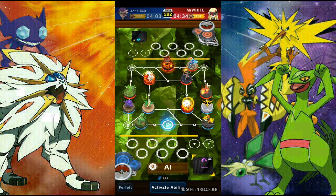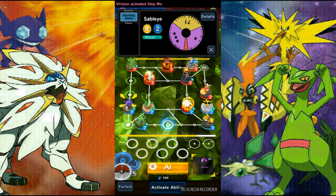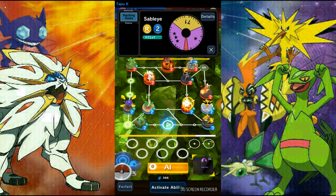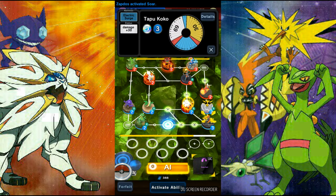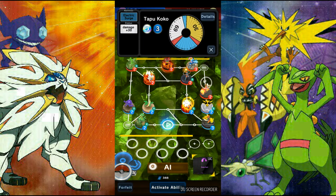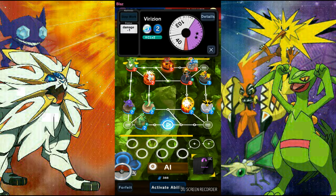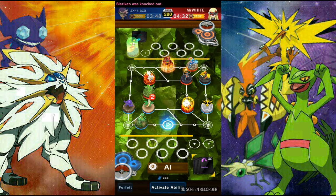This is kind of a stalemate, I'm not really sure what to do. I haven't used this deck in a long time. But he's going to go for the Typhoon Slash on the Vibrava, which is rather interesting in my opinion, because it's not really susceptible to Typhoon Slash. So what we're going to do is surround his Blaziken, because even if he does want to surround, Typhoon Slash or Vibrava, he's risking confusion, which makes Typhoon Slash turn to miss, and also it takes a turn to set